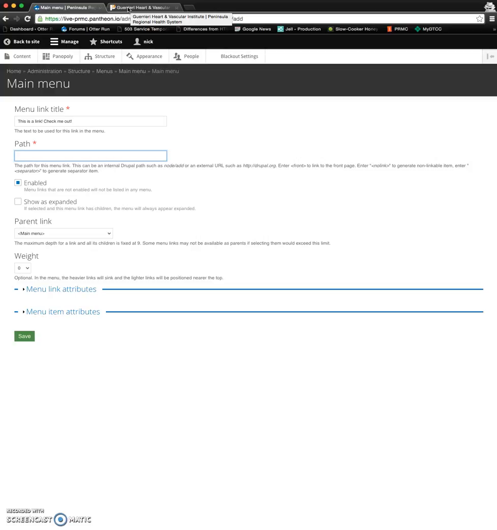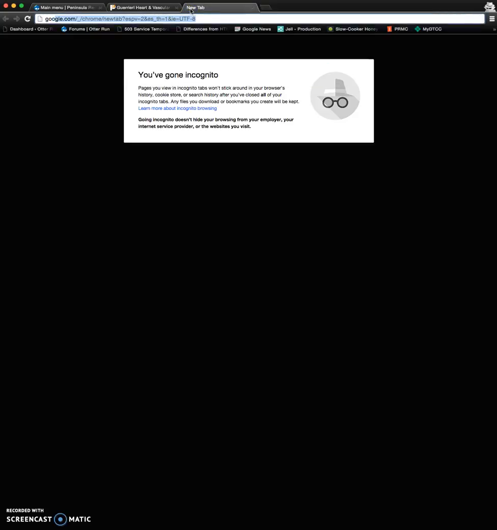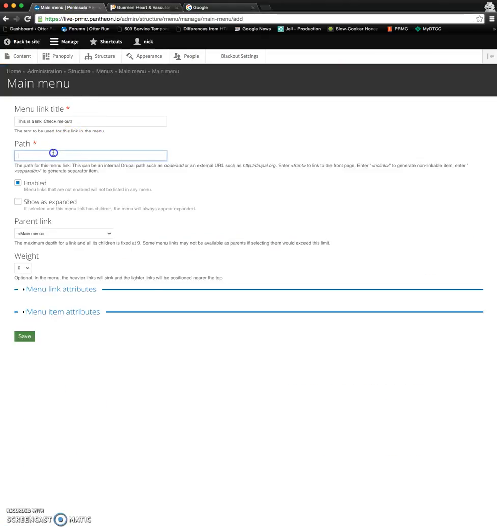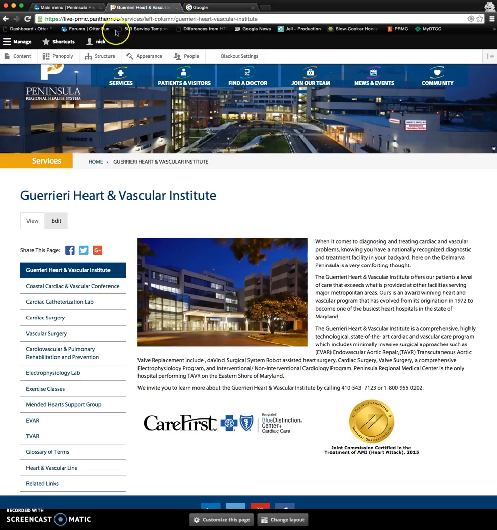If, for example, we wanted to make this link go to a separate third-party site, let's say Google as an example, what you should do is get the URL, copy the entire thing, and paste it into the path. So right now, if we want to go to a separate site, you need the HTTP and the rest of everything after that. However, if we just want to link to a different page on this site, and I'm going to reference my example page,